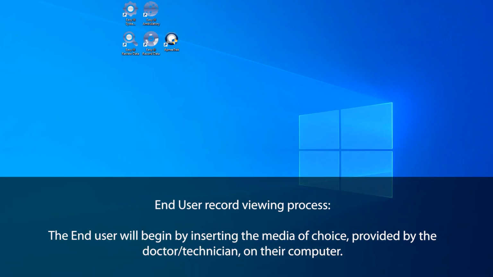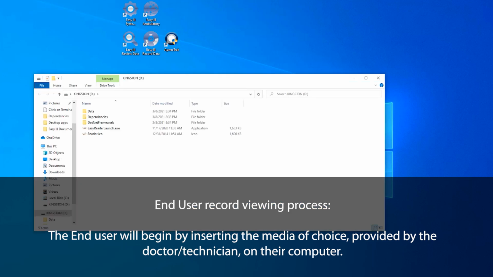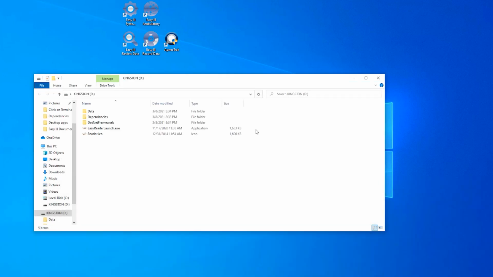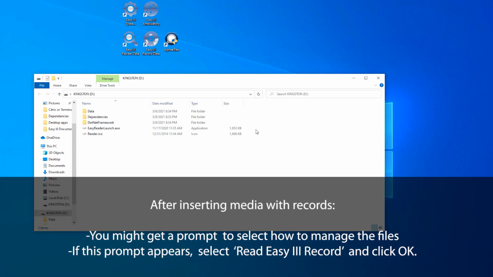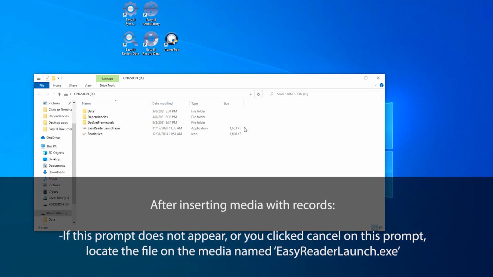Now that you have copied your record and viewer, the end user will need to view that record. Insert your media containing the copy files into the computer. You may get a prompt to select how to manage the files on the computer. If you see the prompt, select Read EZ3 Record and click OK. If you don't see this prompt, or if you clicked Cancel, then use Windows to locate the external media and select